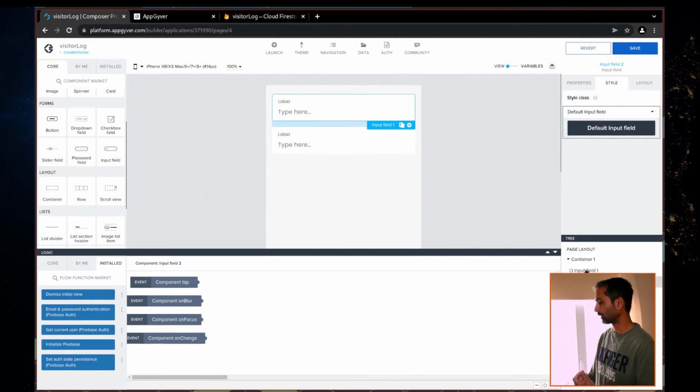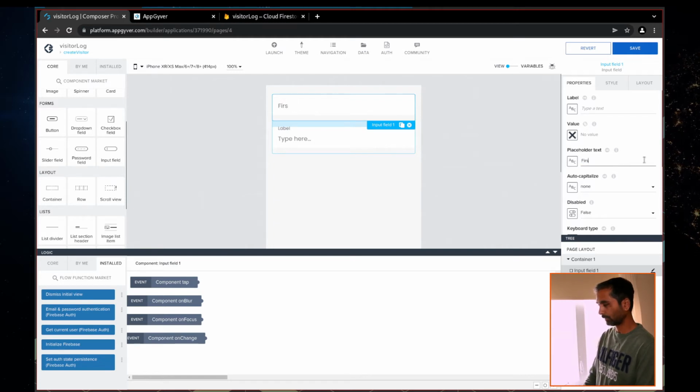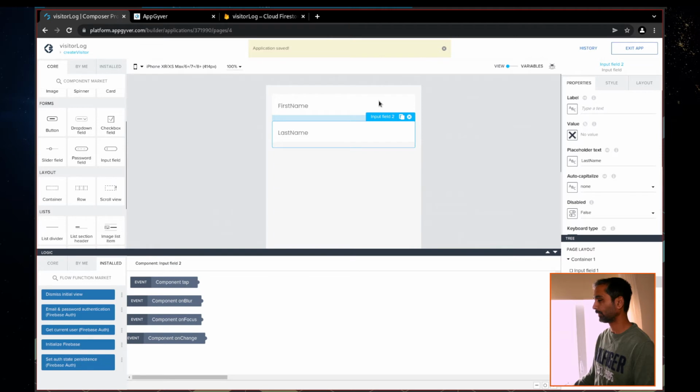Let's put under the container. Label, we don't need it. Let's have a placeholder, first name. Remove the label here too, and this is called last name. Save,